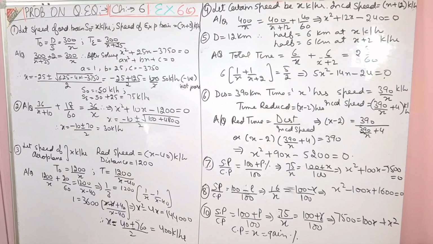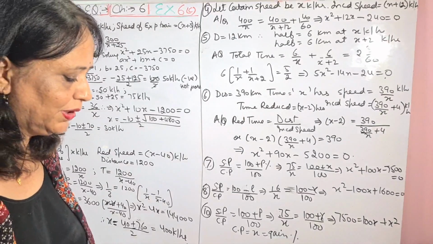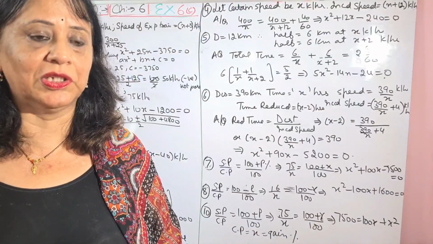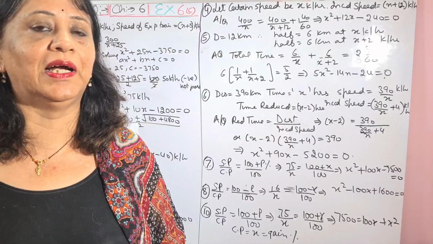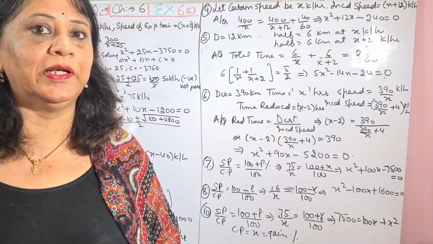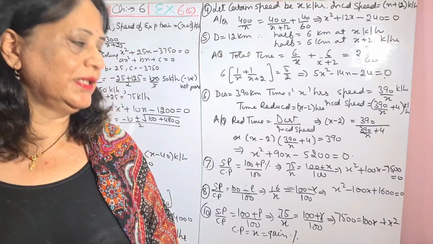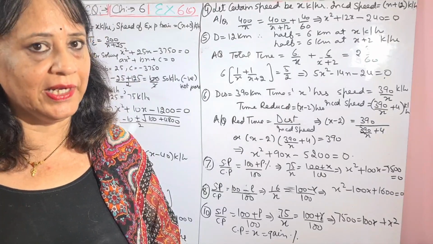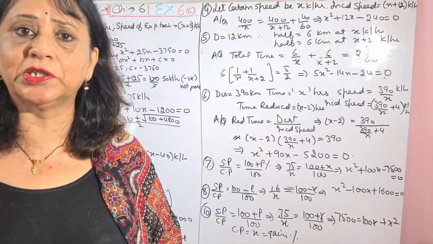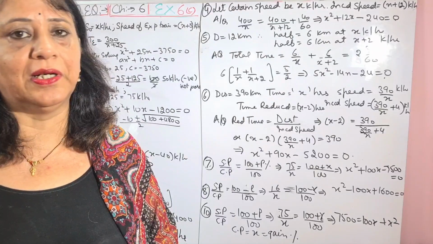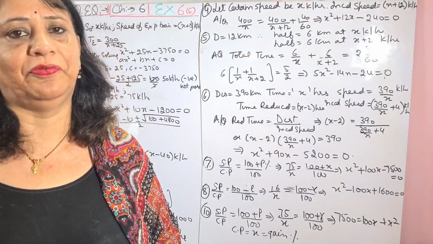So I'll be talking about the questions of speed and distance. And before starting the questions, let me make you remember the formula which you have been doing in physics also since 7th, 8th standard, that distance is equal to speed into time. But in these questions, especially in this type of questions, I'm going to take time is equal to distance upon speed. It does not matter, but this will make our questions easy. Again, the language has to be converted into quadratic form.